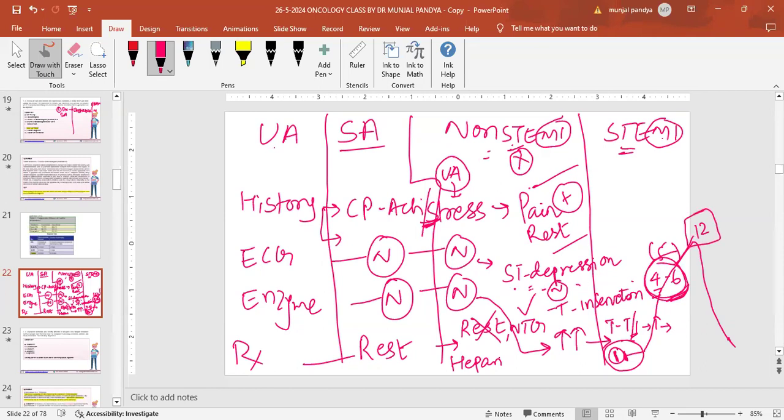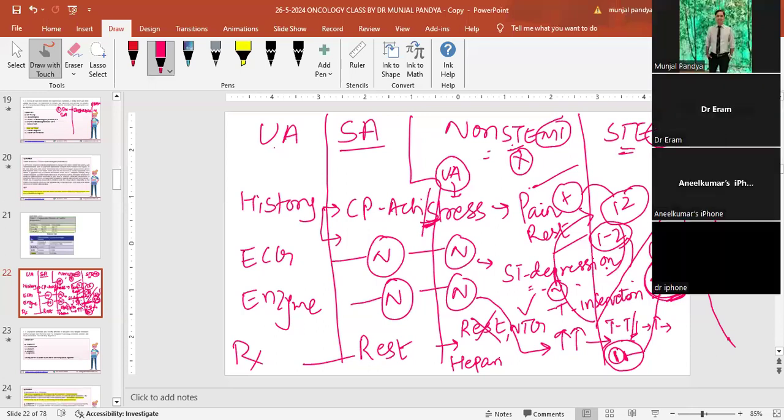And this is why, if we suspect a patient has myocardial infarction, we keep the patient 12 hours in monitoring or in the daycare, even though the ECG and enzymes are normal. Clinically the patient is hypertensive, diabetic, a smoker, with family history, elderly, obese, with an earlier ischemic event, and the ECG and enzymes are both normal. But your clinical suspicion is so high that it is MI until proved otherwise. You keep these patients under observation for 12 hours, and every 1 to 2 hours you ask for the ECG as well as enzymes. Within 12 hours the ECG may show changes, and the enzyme may change by the end of 12 hours.